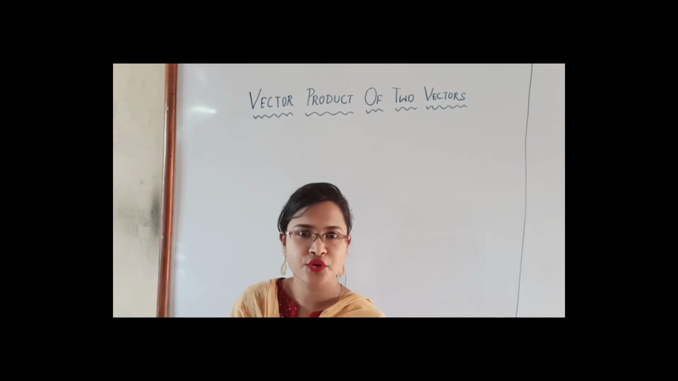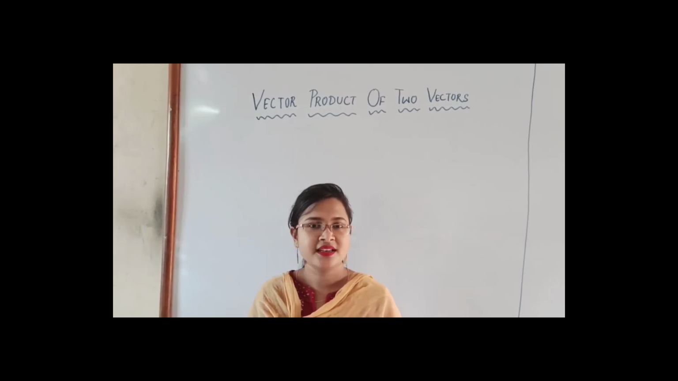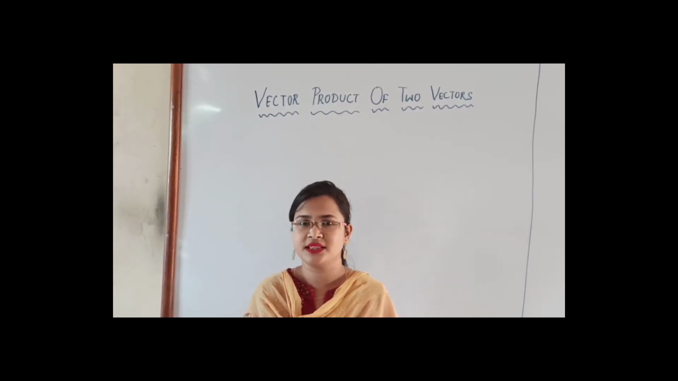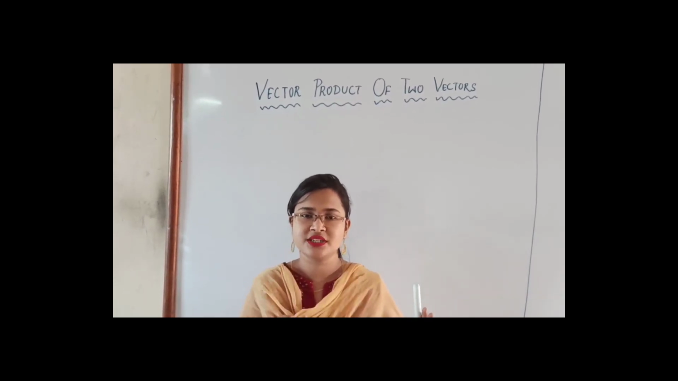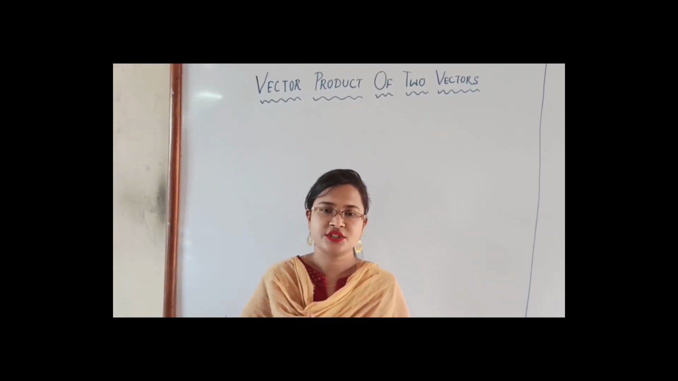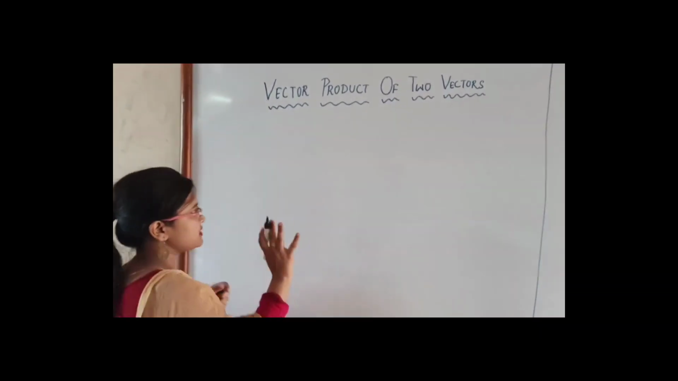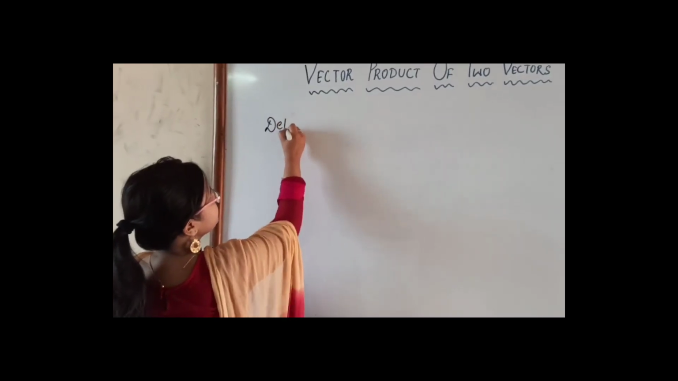The vector product of two vectors is actually a vector whose magnitude is given by the product of the magnitudes of the two vectors and the sine of the angle between them. Clear? It gives the magnitude. But what about the direction? The direction is defined as the perpendicular direction of the plane containing the two vectors. Mathematically, first write down the definition of this vector product,